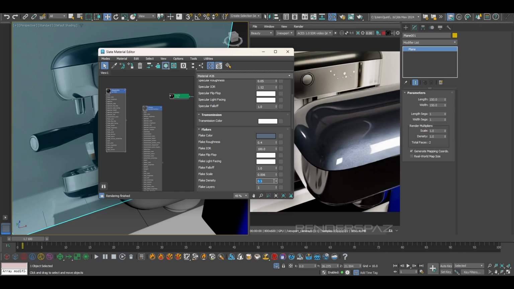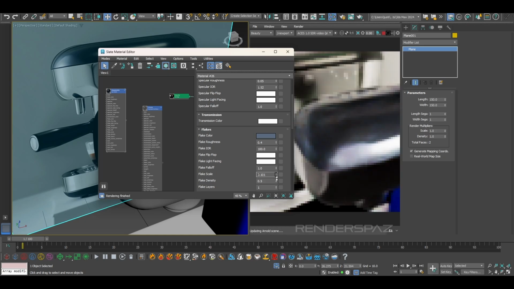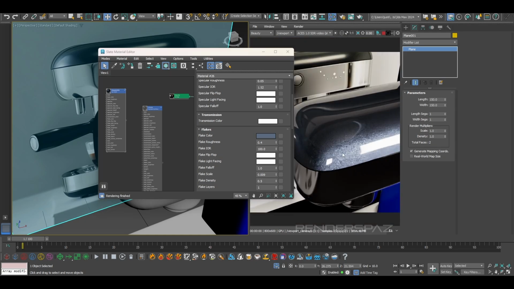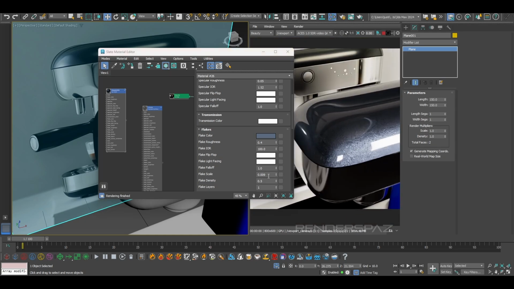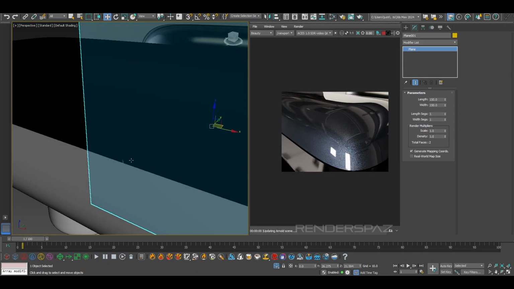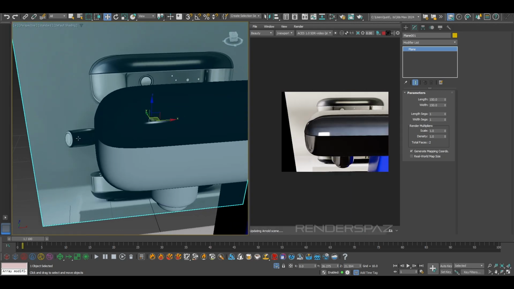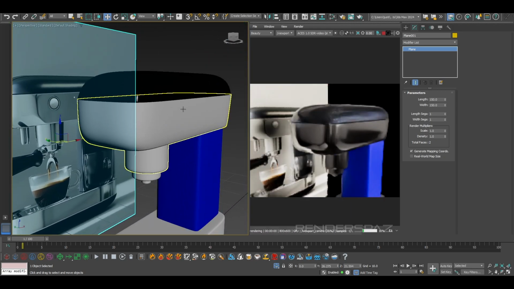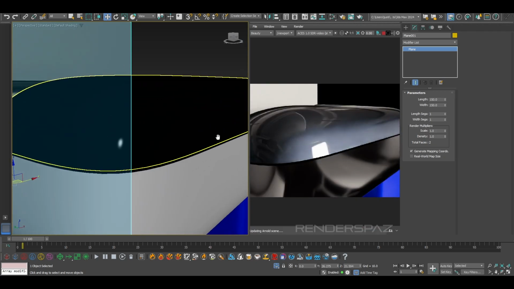I don't want to go too extreme with the flakes. You can see when I do play with the scale, you can see how the flakes react, and as I'm bringing this down, it's getting a little bit more refined. They're also getting a lot more density there. Alright, so now that the flakes are in place here, we can begin to add a little bit of